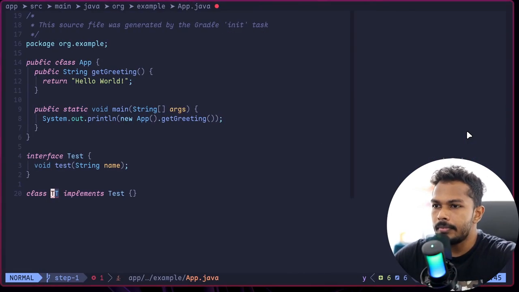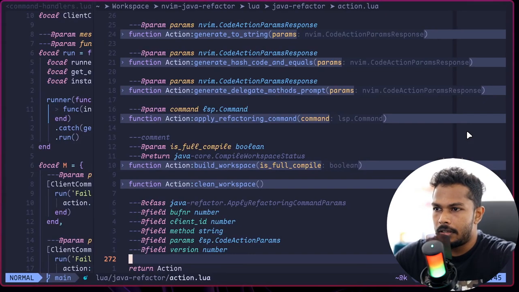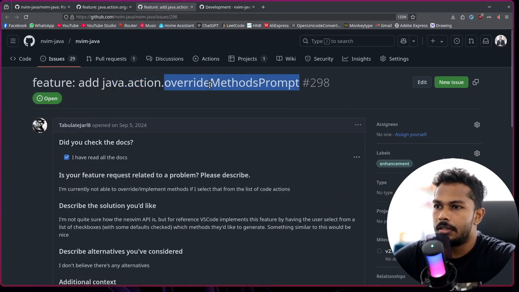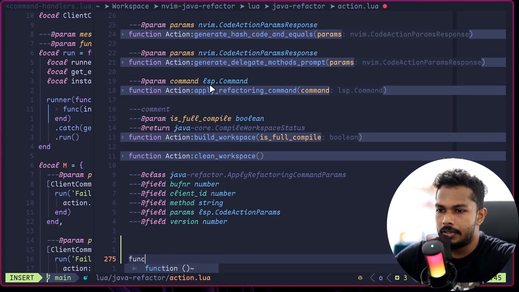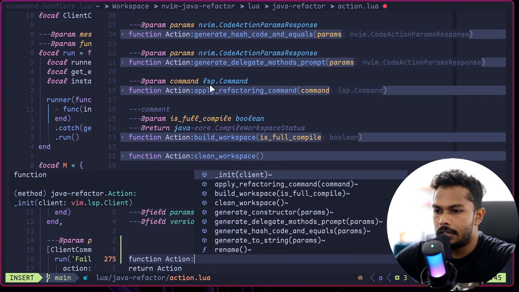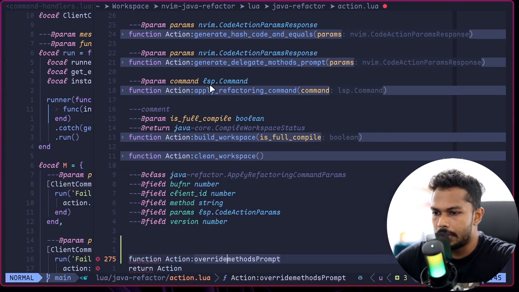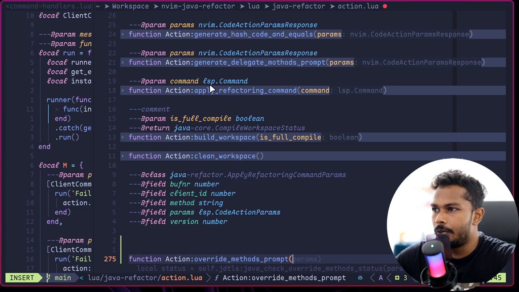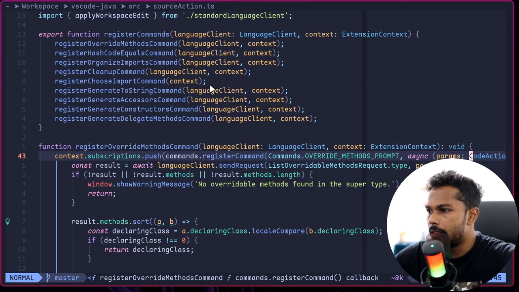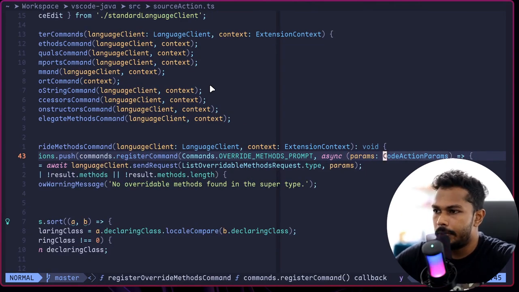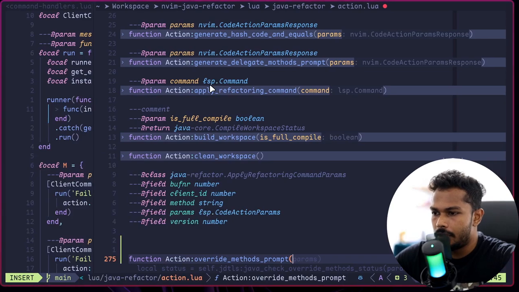So here, let's do the override method prompt. I'll start a new function in action, and it's going to be called override methods prompt, simple letter. And I think we are going to get the code action params response, right? Code action params. Yep, that is the one. So params,